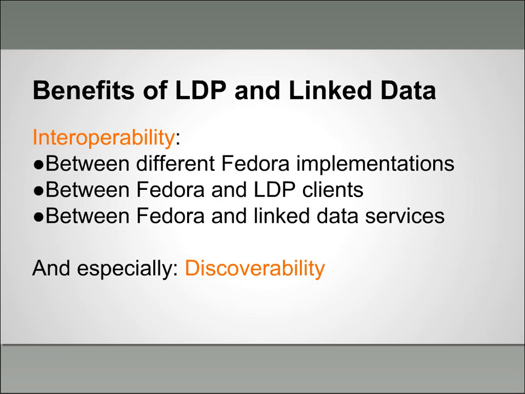So as clients for linked data become more popular and other repositories implement linked data specifications, they could interoperate with Fedora using the REST APIs or the messaging service without knowing anything about the underlying technology. And so really the big benefit here, other than interoperability, is also discoverability. You can use Fedora as a server to publish your linked data, and other applications that understand linked data can consume this without knowing anything about Fedora and link back to your assets and make your repository and its contents